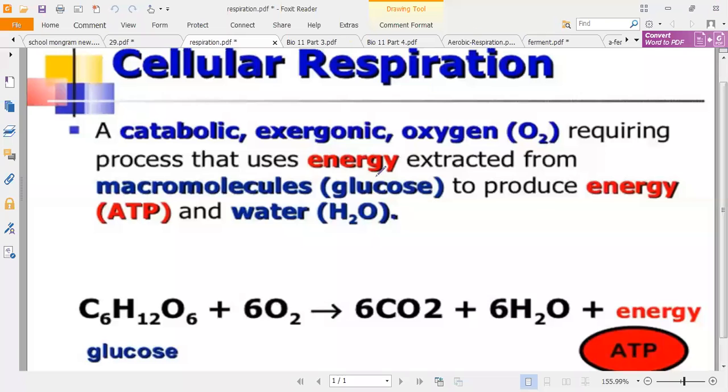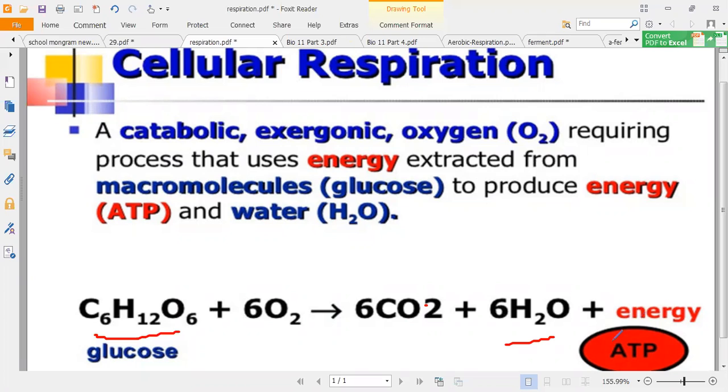So the overall reaction of cellular respiration is glucose in the presence of oxygen. We get carbon dioxide and water, and the main purpose of cellular respiration is to provide energy in the form of ATP,